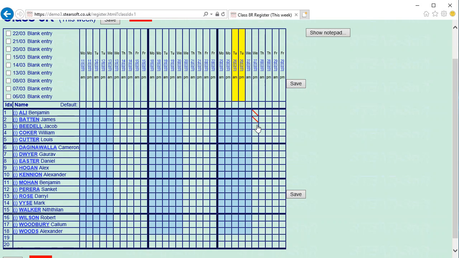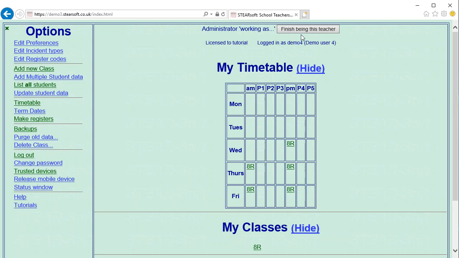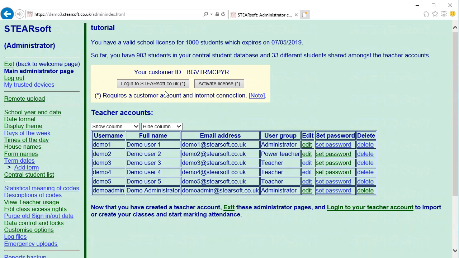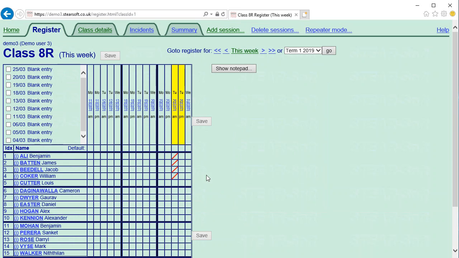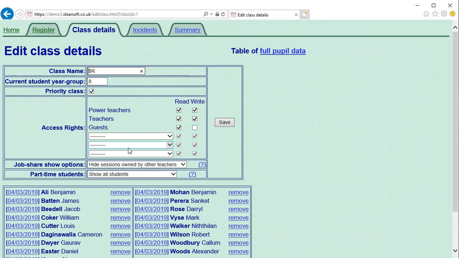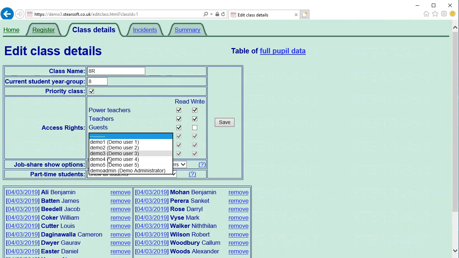If I put 1, 2, 3, I'm absent, I'm present, save that, and I can also put some marks into Demo 3's register. So let's finish being that teacher, and now I'm going to go back in as Demo 3. So now if I go to the 8R register, there's the 3 extra ones I put in, and in this register, as this teacher, if I want to see the sessions owned by the other teachers, I can put that in. And if I want to give Demo 4 the ability